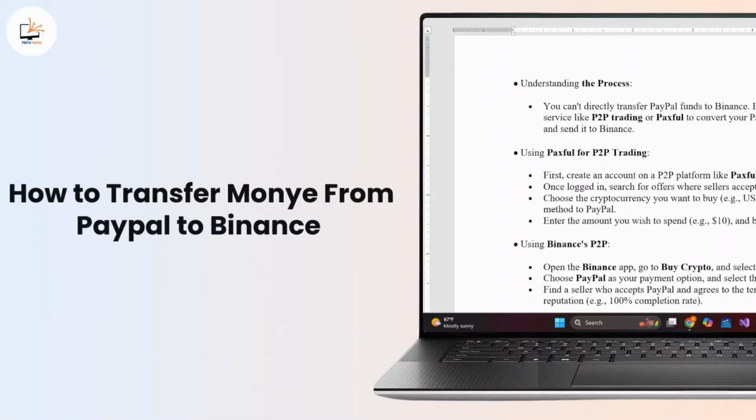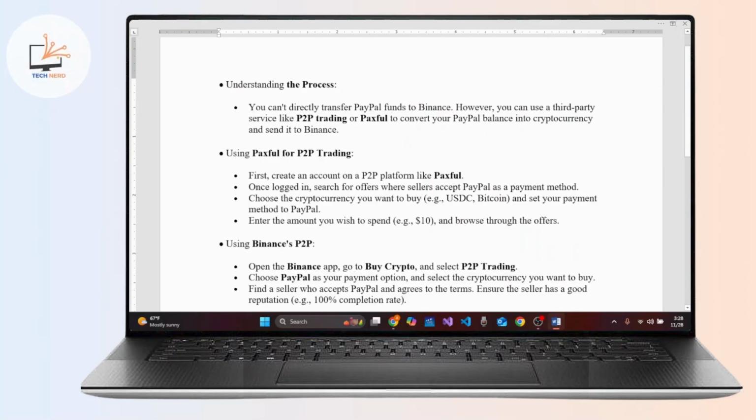How to transfer money from PayPal to Binance. You can't directly transfer PayPal funds to Binance. However, you can use third-party services like P2P trading or Paxful to convert your PayPal balance into cryptocurrency and send